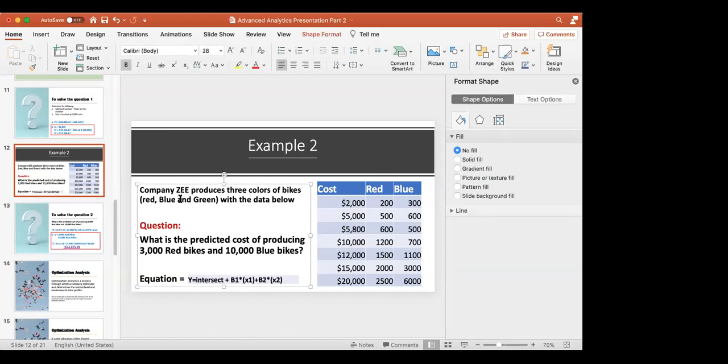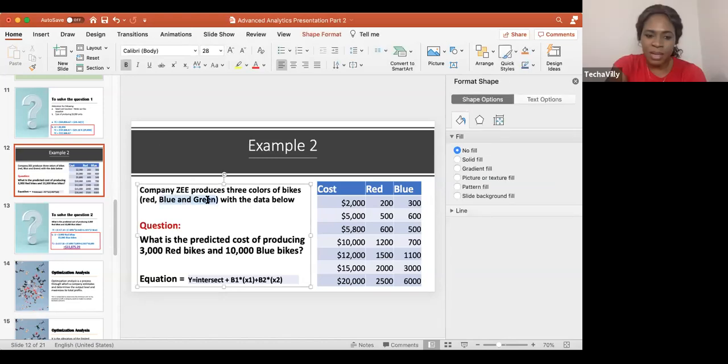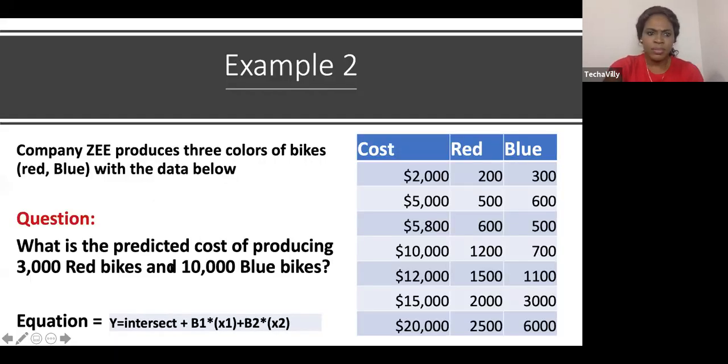I think the first one I did, I used 3. Okay, so this company produces 2 types of bike, the red bike and the blue bike. And in this question, we want to find out the cost of producing 3,000 red bikes and 10,000 blue bikes. Remember here, the cost of producing, let me make it bolder. So the cost of producing the blue bike